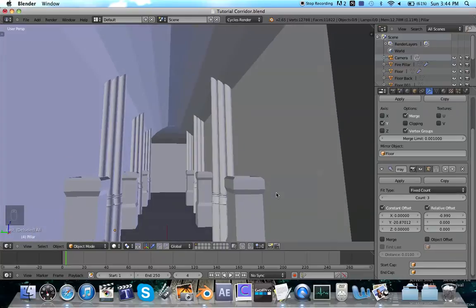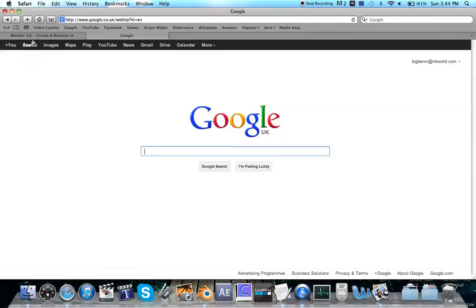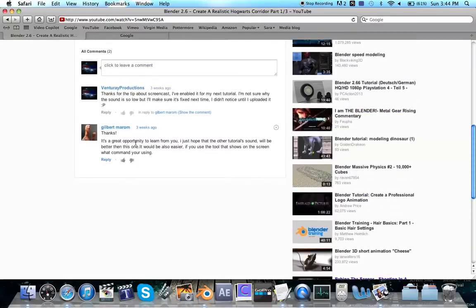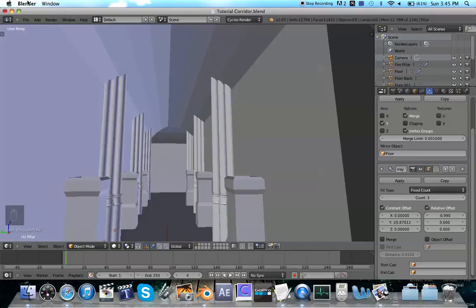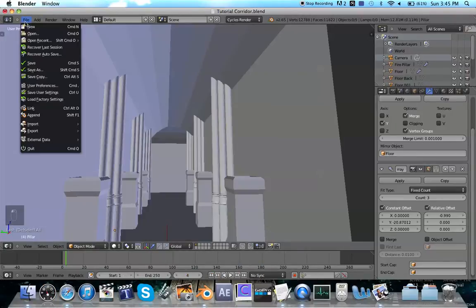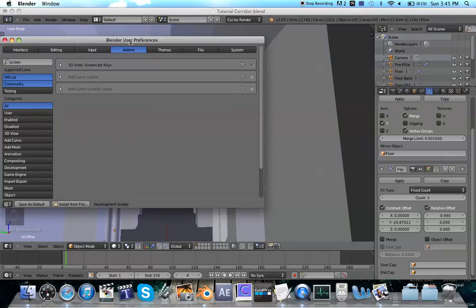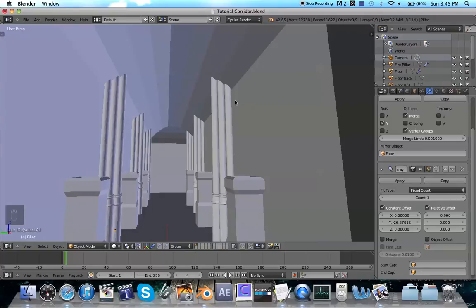There was something else I wanted to mention. In the last tutorial, which is here on YouTube, thank you to Gilbert Marom, who brought to my attention this tool that shows on screen what command you're using. It's called screencast keys, and it's down there currently, that little box. If you go to user preferences, add-ons, type in screen, turn on this 3D view screencast keys add-on, and then press N, hopefully,